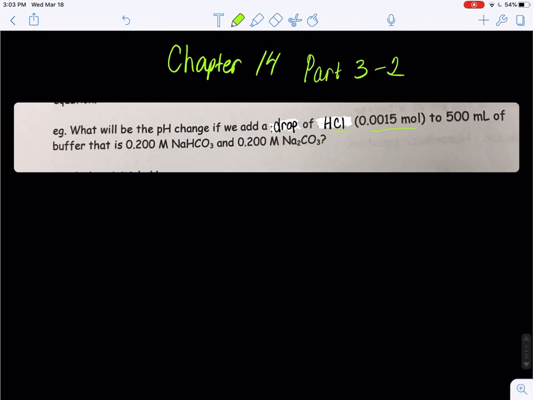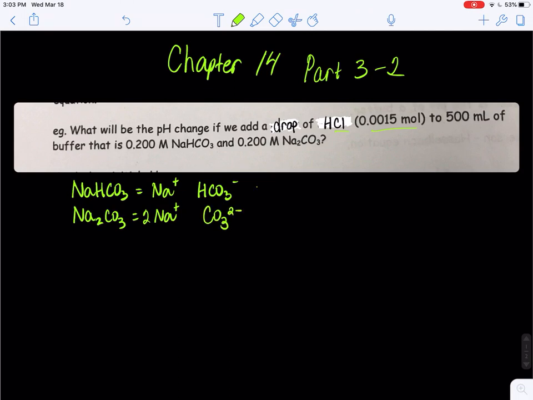So again, remember when you're deciding what your buffer is, we've got sodium bicarbonate, which is a neutral spectator ion of sodium ion, and bicarbonate, which is HCO3 negative. Sodium carbonate has the formula Na2CO3, which is composed of two neutral sodium ions and carbonate. And remember again, we decide which one's the acid based on how many hydrogens we have. Bicarbonate is the acid, carbonate is the base,